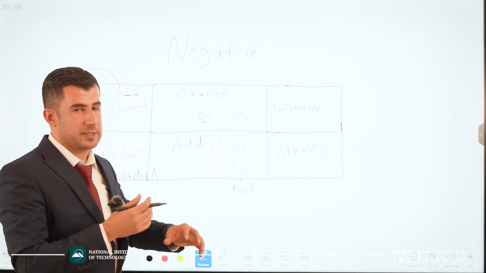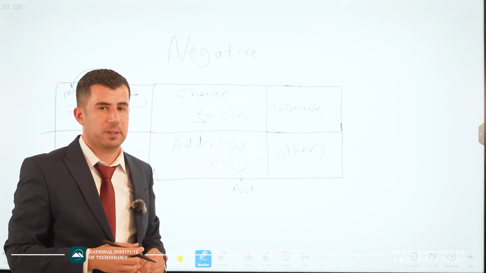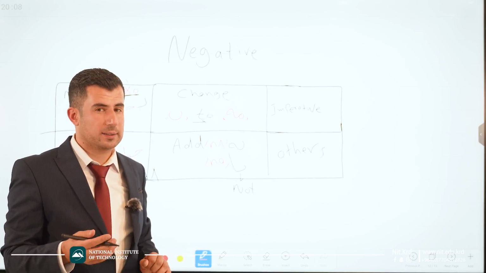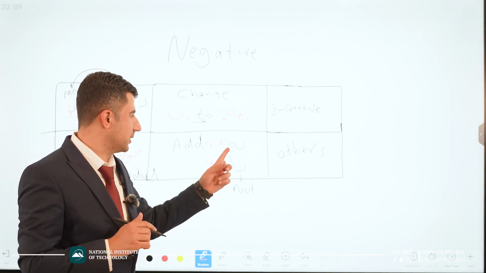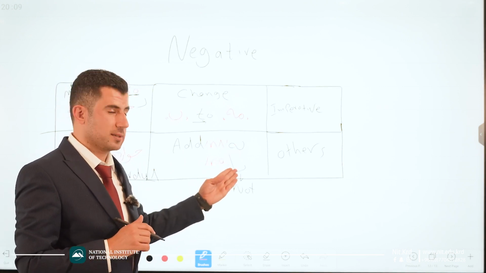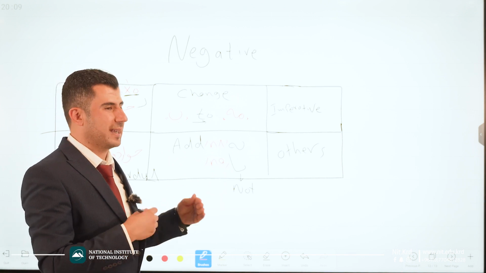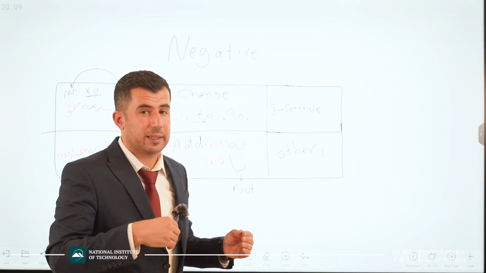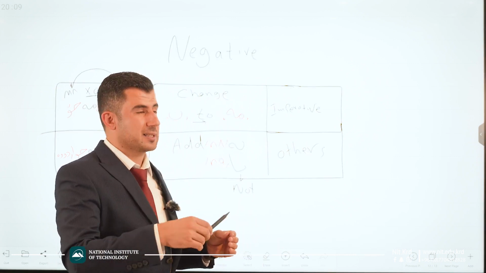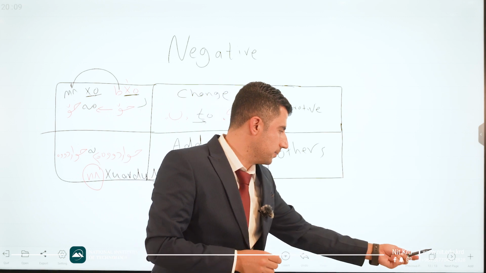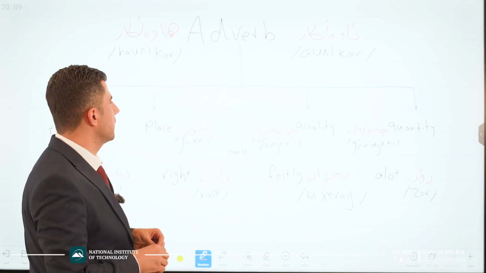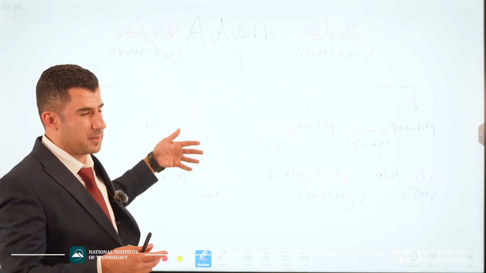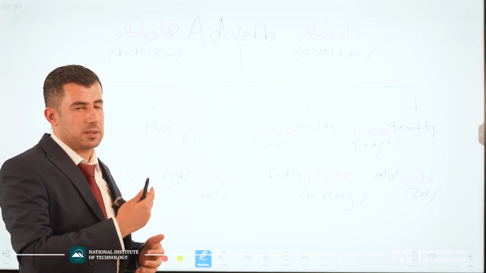We use these two in different positions. For example, dashwat, nashwat. Dakhwat, nakhwat. For dashwat, we use nashwat. That is making the process of negative. And the last one, we will tell you example later about all of them. And the last one that we have according to the verbs is adverb. Adverb is somehow completing the verb.